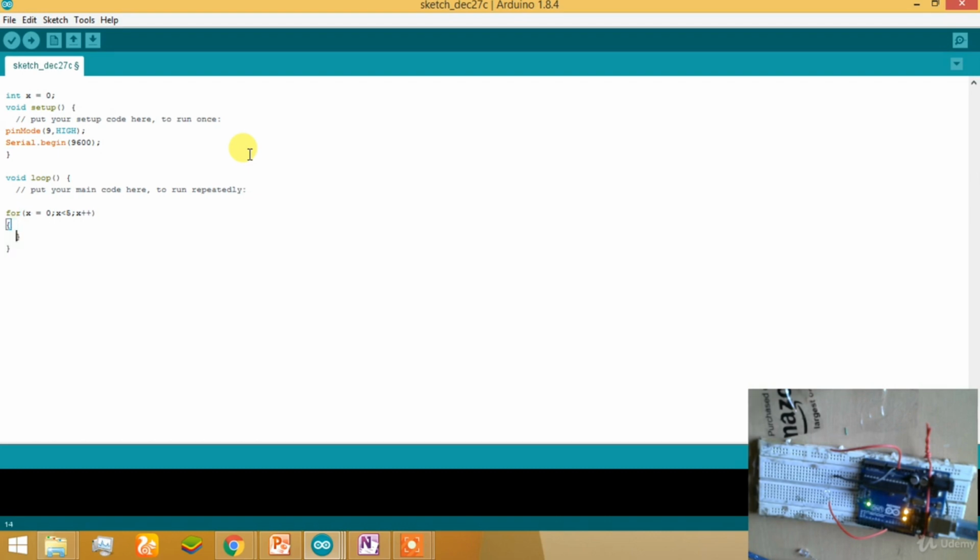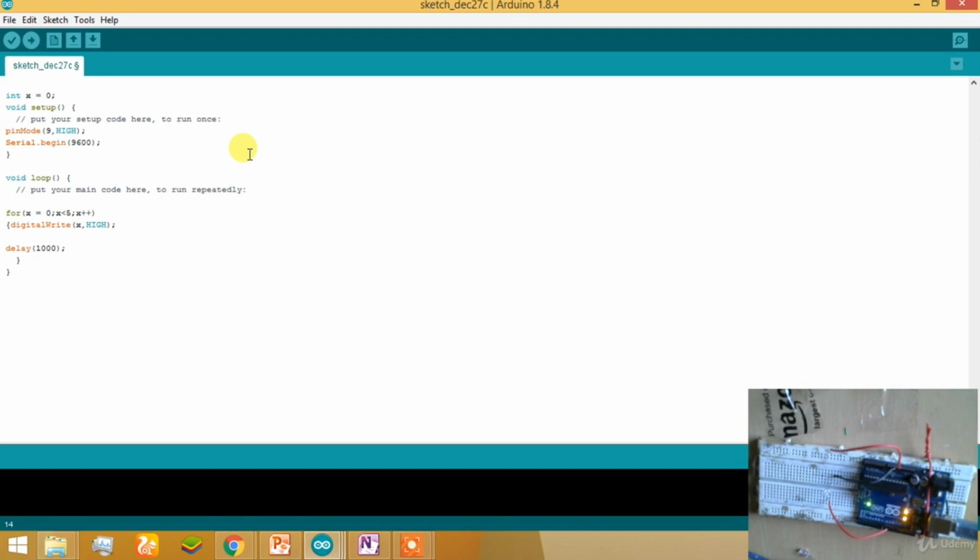Open two curly braces and write digitalWrite x comma HIGH. It means that in the loop, when x is smaller than 5, it will write a HIGH value to the pin, so the light will glow. A delay should be introduced for a better experience of the program, and it is important in most cases to get a better perception of what we are writing and doing, because the processing speed of the microcontroller is very high, but we want to control it as per our work.